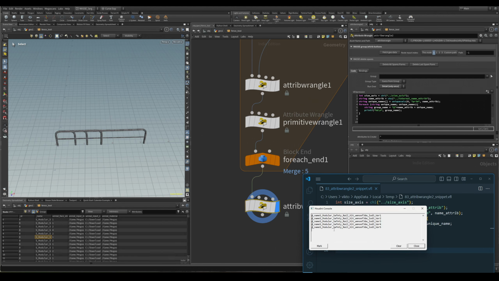What we're going to do is create our dictionary. So first of all, let's create our empty dictionary before the for each loop. So it's going to be dict. Let's call this with dictionary, and then we can just use with dictionary, add a new key for it. With dictionary, so the name of it, our unique name, is going to be the key, and its value is going to be our bounding box